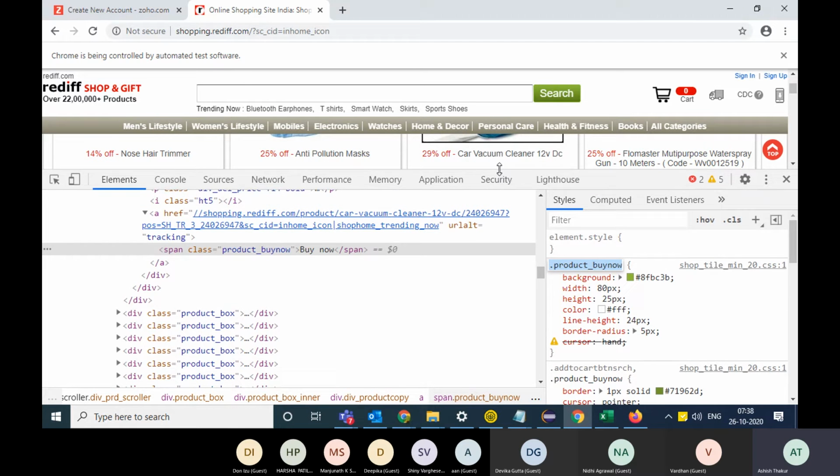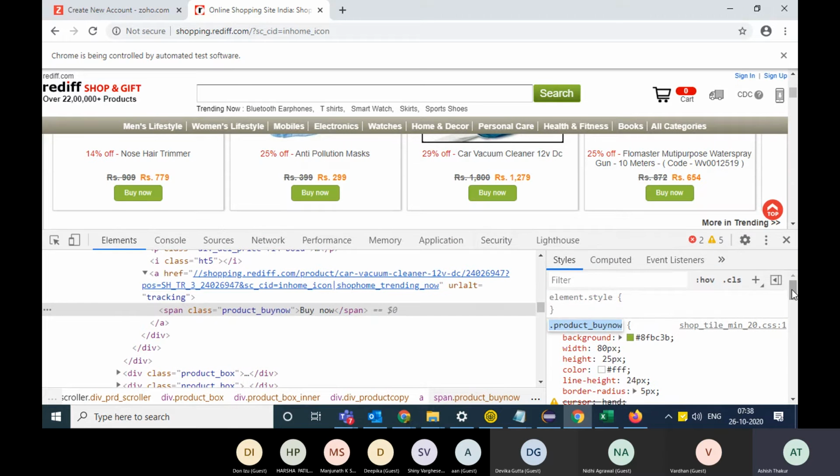These are the properties of this button defined by the developer. This is the background color, this is the width of the button, the height of the button with this particular class. Any element with this particular class would have these properties. If I uncheck them, you will see the look and feel of the buttons will change on the web page.